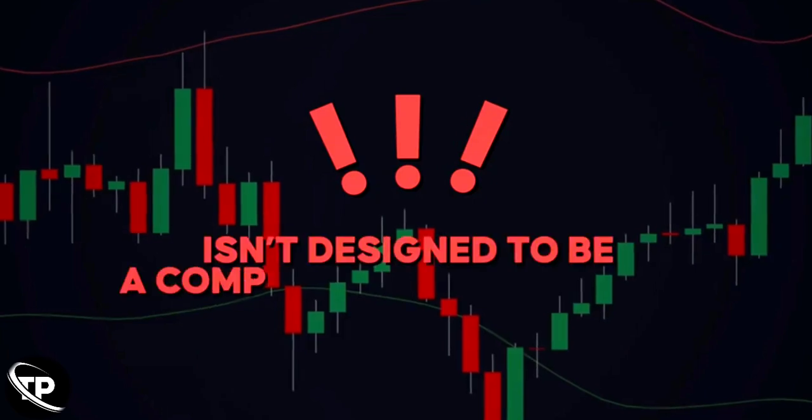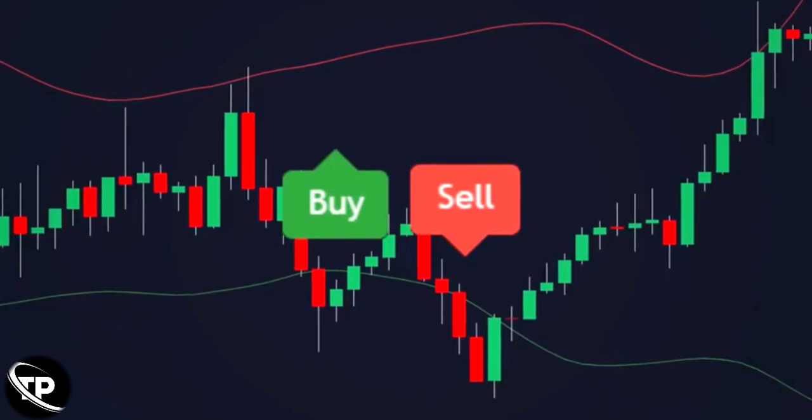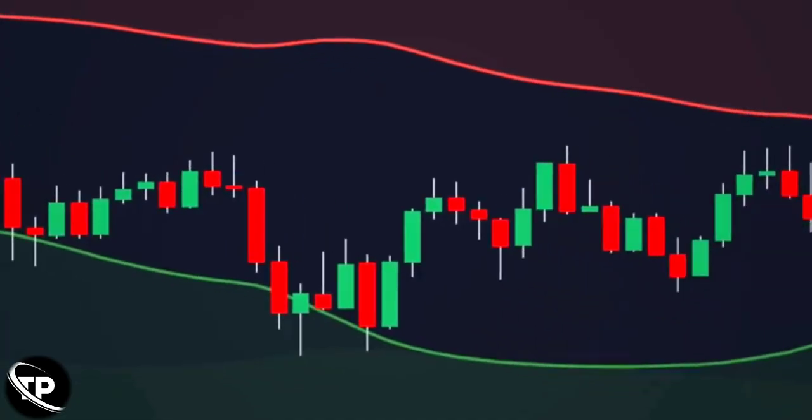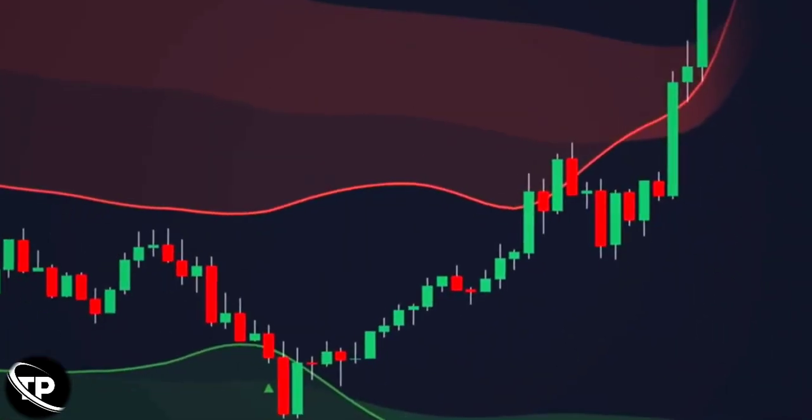And here's something you need to keep in mind. This tool isn't designed to be a complete trading system. It doesn't give buy or sell signals on its own. What it does give you is clarity, a clean view of how stretched price is and how volatile the market really is without feeding you false signals every